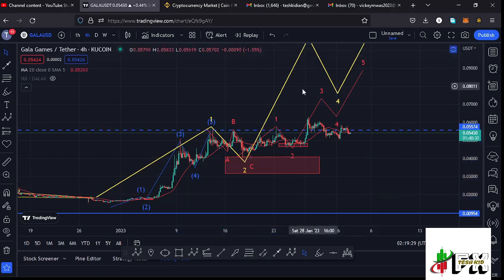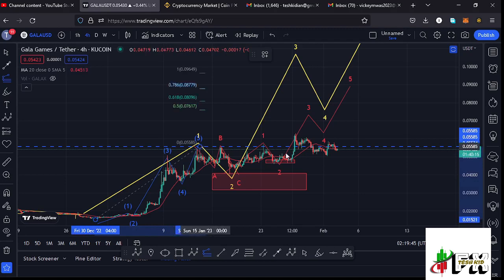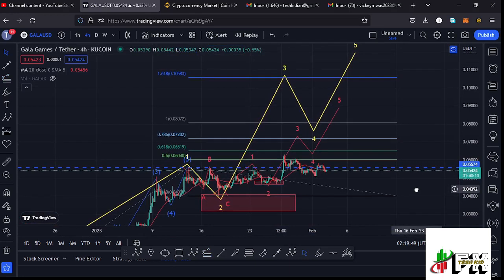before we started this bounce to the upside in what could possibly be the formation of this wave 3, and sketching out a minimum target area to the upside in the formation of that wave 3 using the trend based Fibonacci, connecting it from the low of the first wave to the high of that wave 1, then dragging the fibs to the low of the second wave. That gives me a minimum target area in the formation of that wave 3 at the fib level 1.618, which perfectly lies at around the $0.10583 mark,